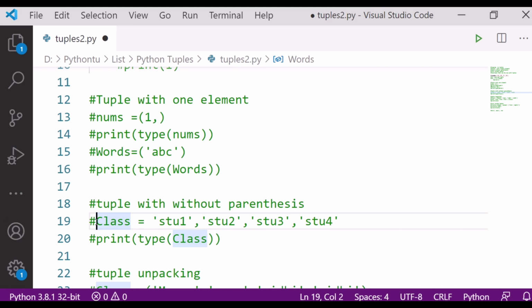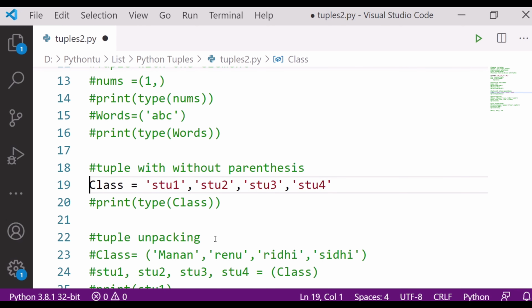I have four students here: student 1, student 2, student 3 and student 4. These are all the four students in my class. If I have to check its type, is it a tuple or not, because I have not used brackets here? Let's see.